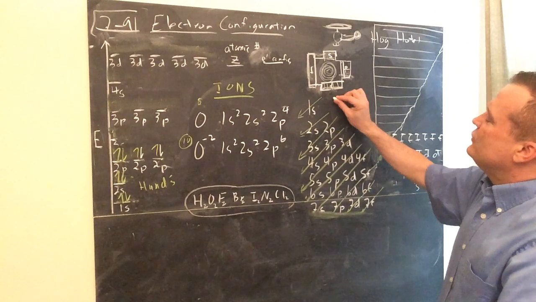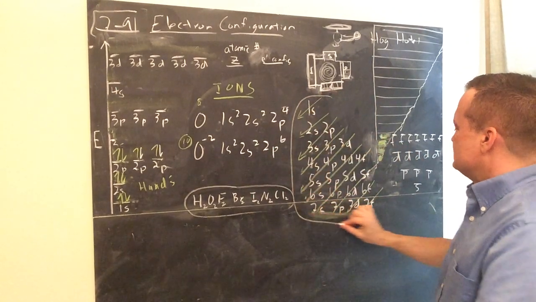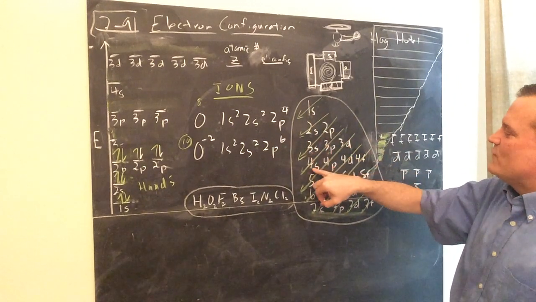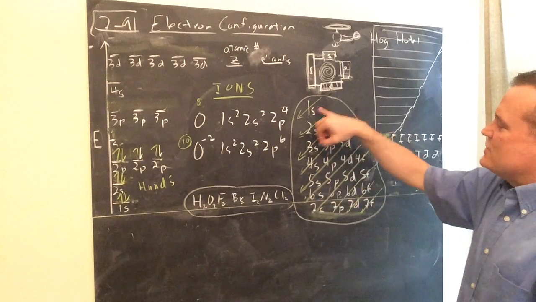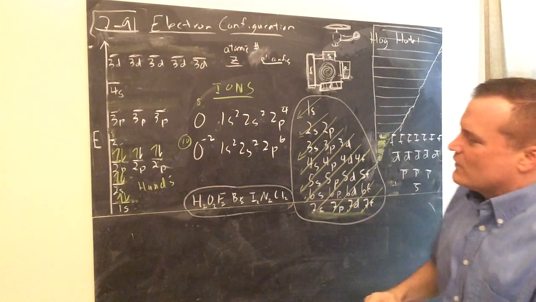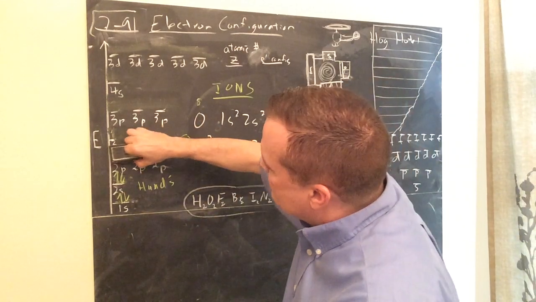First of all, you need to know how to draw this: 1S, 2S, 2P, 3S, 3P, 4S, 3D, 4P. This tells you the order that the rooms in the hotel fill up in. Or another way to look at it, if I come over here,